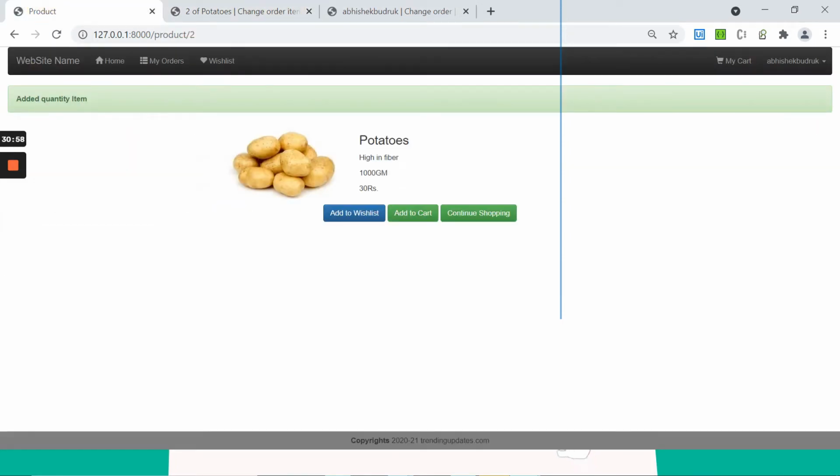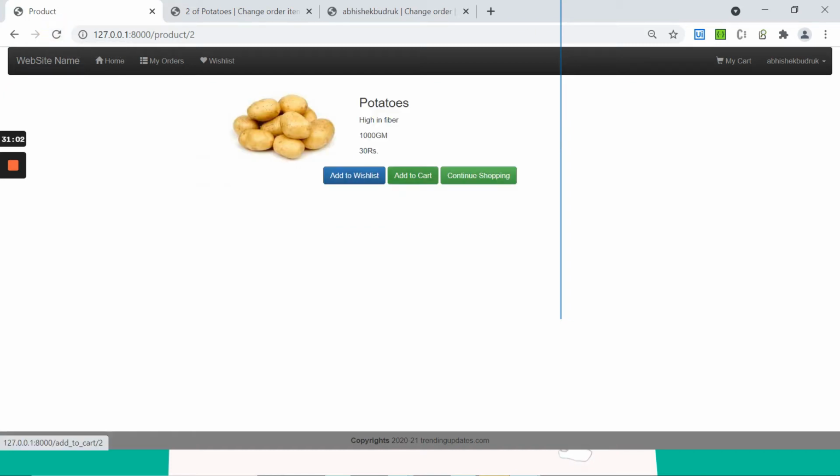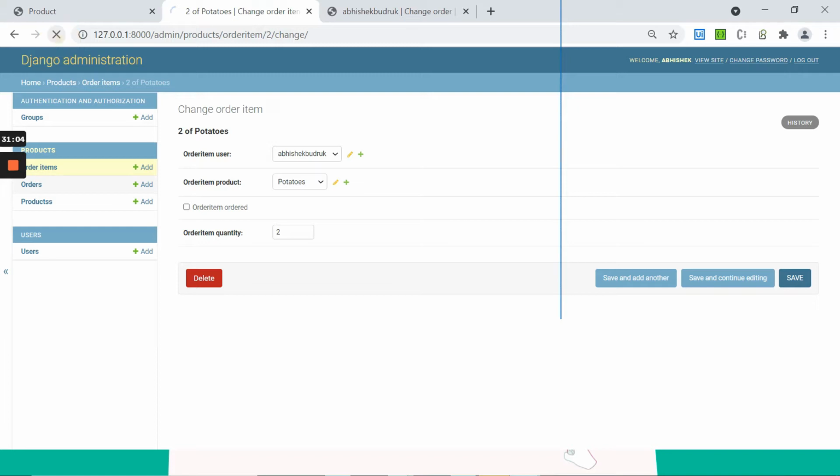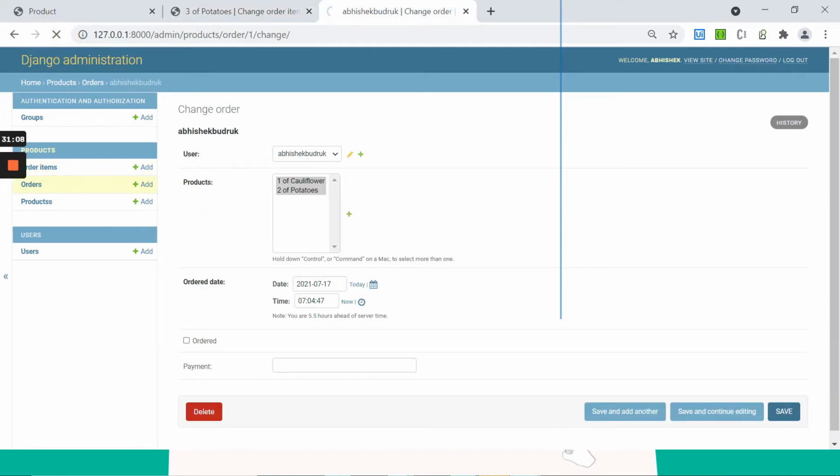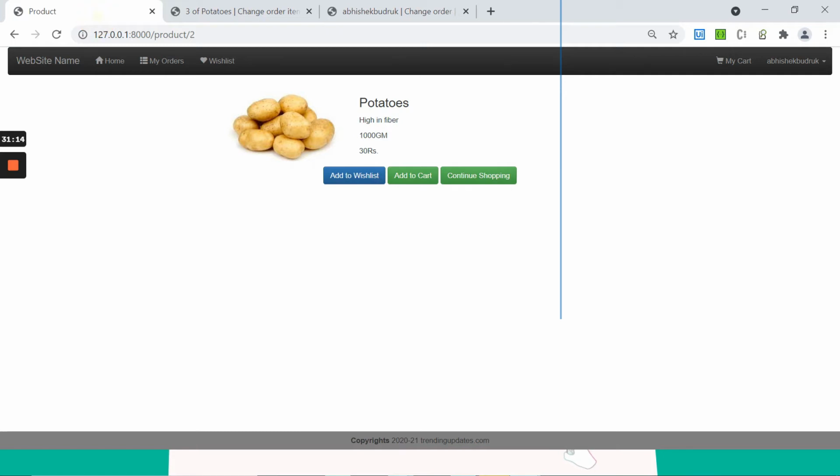If you see, added quantity item and not the exact product. See, okay, it is updated as 3, and inside the order it is updated as 3 of potatoes, 1 of cauliflower is added. So add to cart looks fine now.